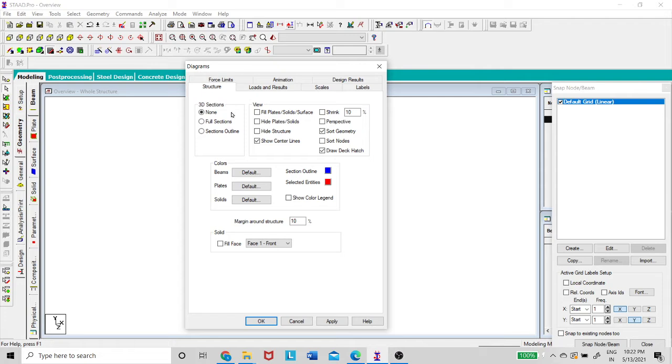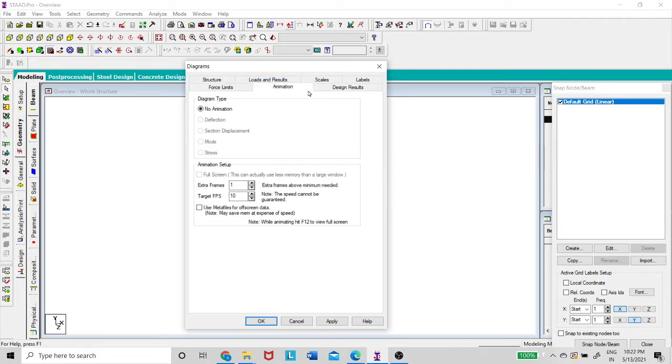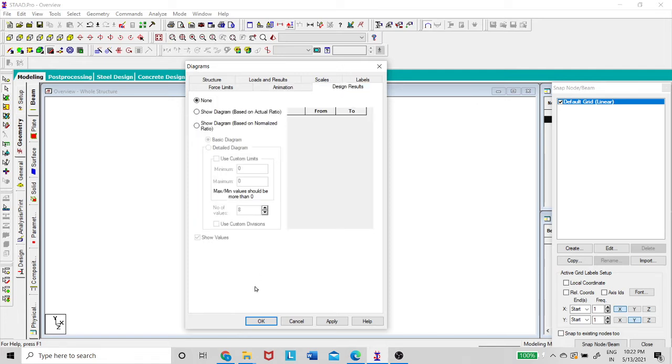And what is the structure, whether in the full section if you want, or the outline you want, and nothing, only simply lines you want, so you can use these things. So these are the things wherever it is required. I will explain to you how we are going to use these things, and the units also, the limits, animation kind of thing, and what are the design results, everything will be